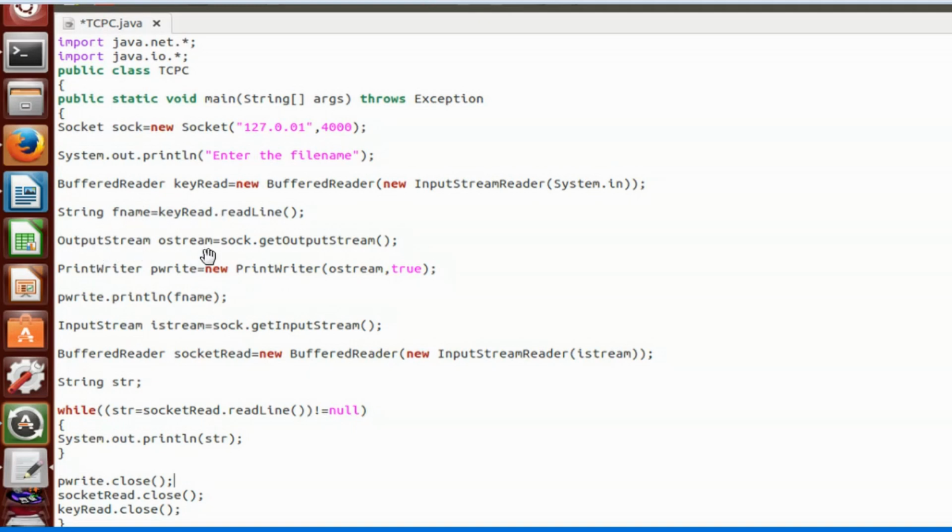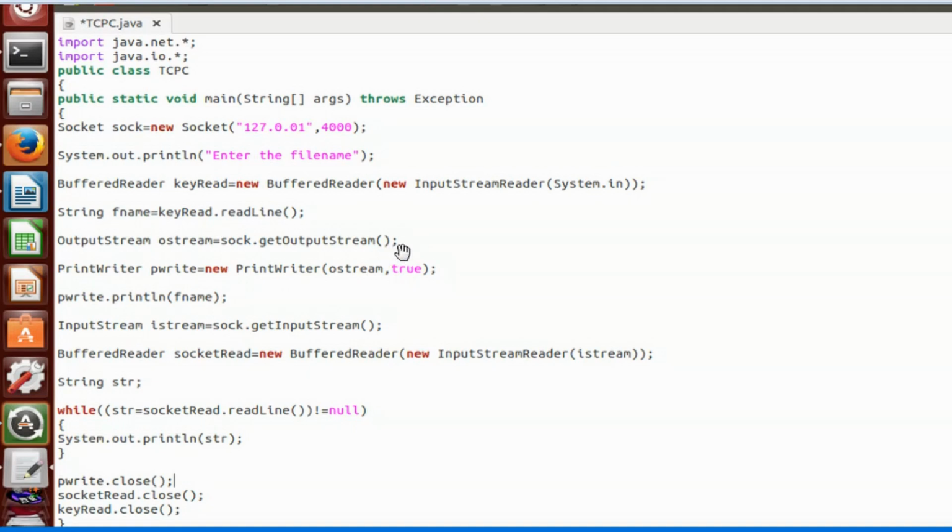Next, OutputStream is equal to sock.getOutputStream. I actually have two different things: one is getOutputStream, the other one is getInputStream. What are these? In Java, to send data via sockets, you get an output stream.